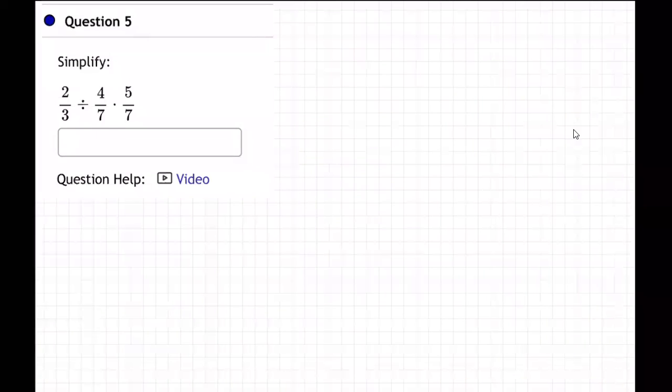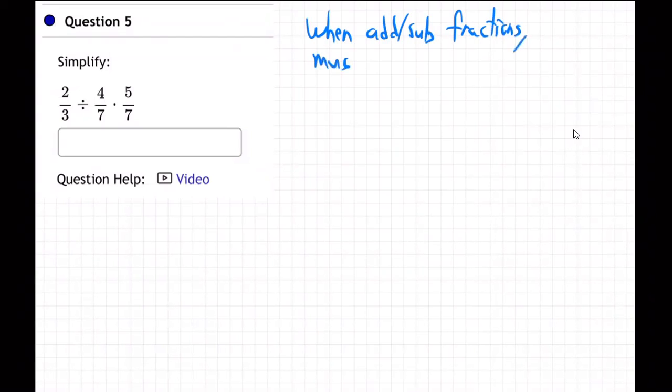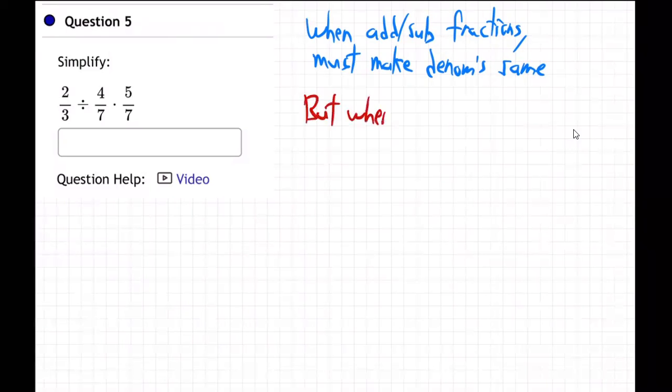So this is super, super, super important when it comes to fractions. So when you're adding or subtracting fractions, you must make a common denominator. Yeah, the denominators the same, common, and that's what we did. That was some of the earlier problems, right? With dividing and multiplying, you don't have to do that. Exactly. But when you're multiplying, dividing fractions,